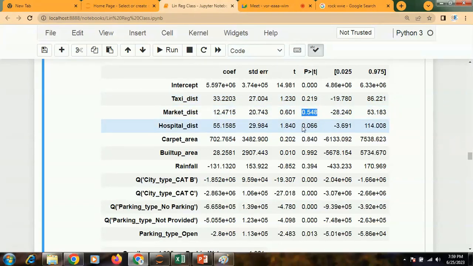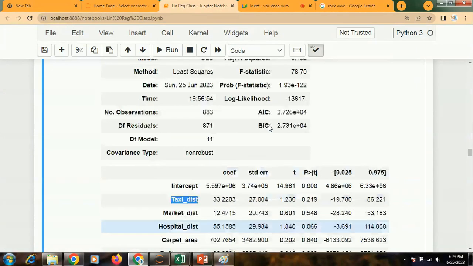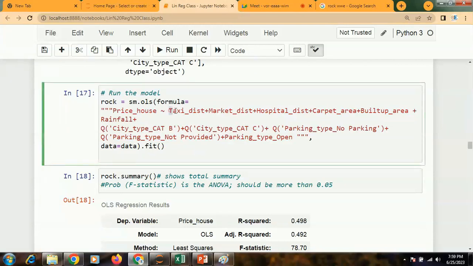A lot of variables are not less than 0.05, right? I should remove them from my model. How do I remove them? Let's say if I want to remove taxi distance, I will go to the code, delete taxi distance from there and rerun the model.